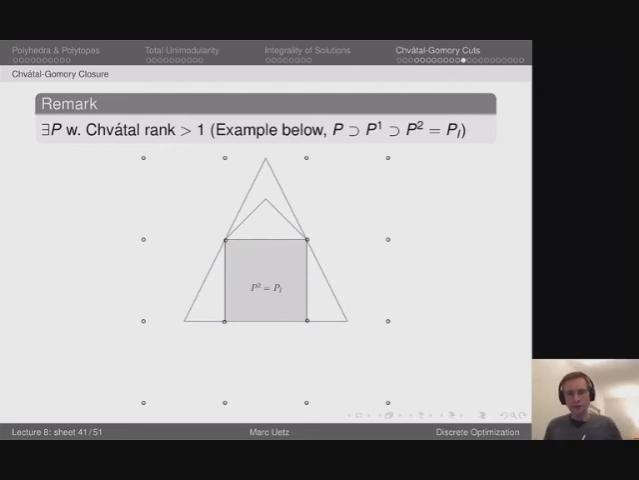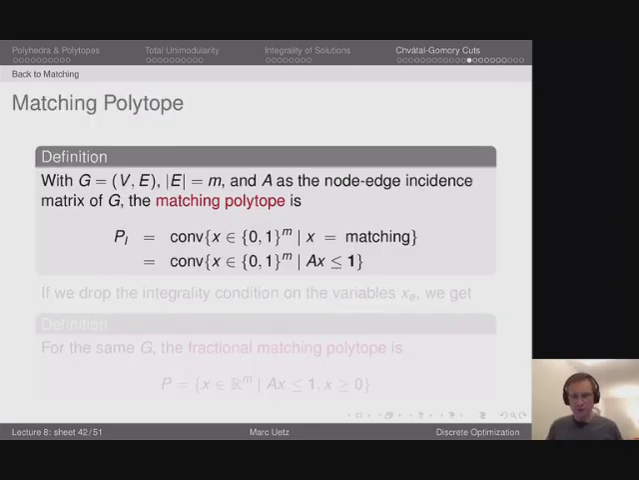Okay, so now what I would like to do is use this Schwarz-Montgomery procedure, or Schwarz-Montgomery idea, on a concrete combinatorial optimization problem, namely the matching problem. So let's first define the so-called matching polytope, which is just the convex hull of all the incidence vectors